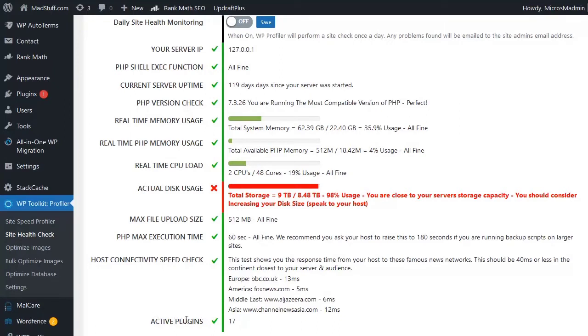Now, most of these are things that relate specifically to your hosting, except the active plugins down here, which is totally under your control, and you should never run too many plugins on your site because that can cause problems. But the rest of these settings are down to your website hosting. So if anything does turn up as a red warning, the best thing to do is take a screenshot of it and get in touch with your web host,